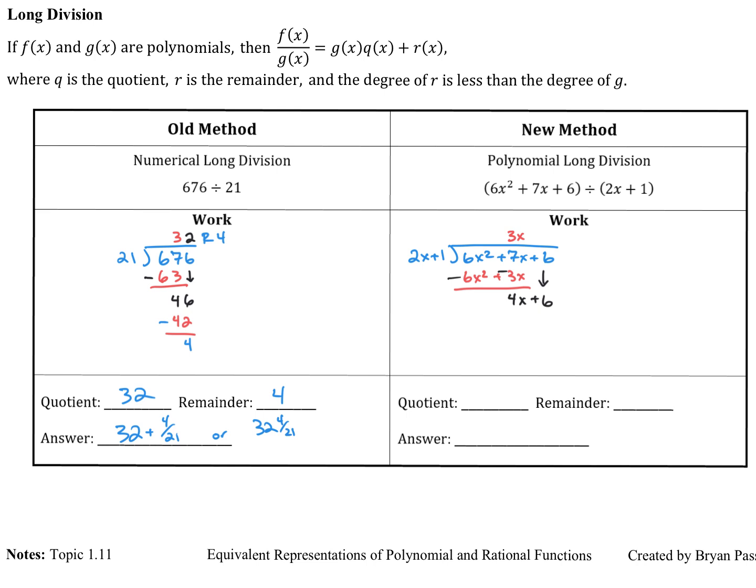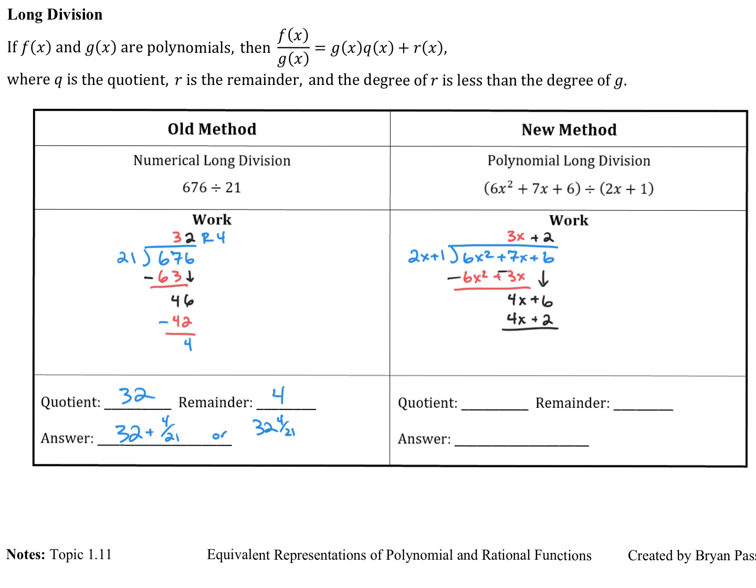All right, so now 2x to 4x. How do I go from 2x to 4x? What do I need to multiply by? 2. So now we have a plus 2 up there. And so now 2 times 2x is 4x. 2 times 1 is